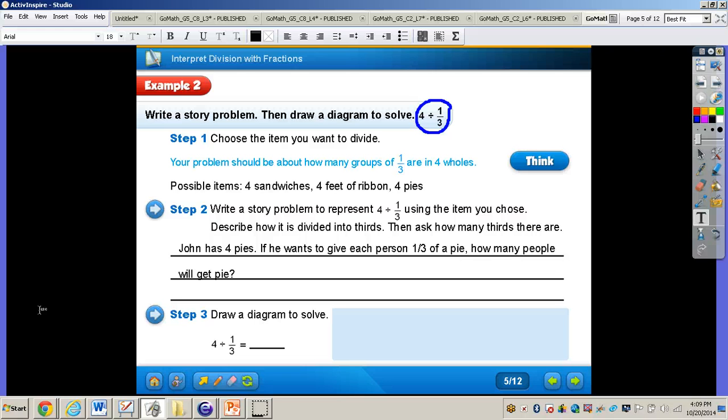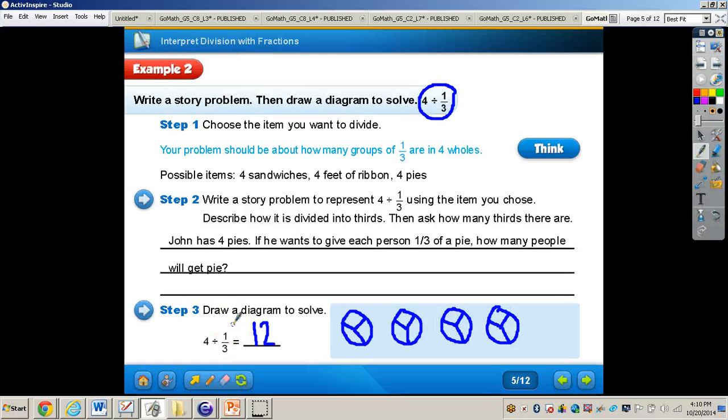1/3 of that. So step 3, I do want you to draw a diagram to solve 4 divided by 1/3. And I want you to do that, and then we'll pause the video and we'll see the answer. Okay, so draw your diagram and pause the video now. Okay, now you can see how 4 divided by 1/3 does equal 12. If we have 4 pies and we divide each of them by 1/3, you can see there are 12 total